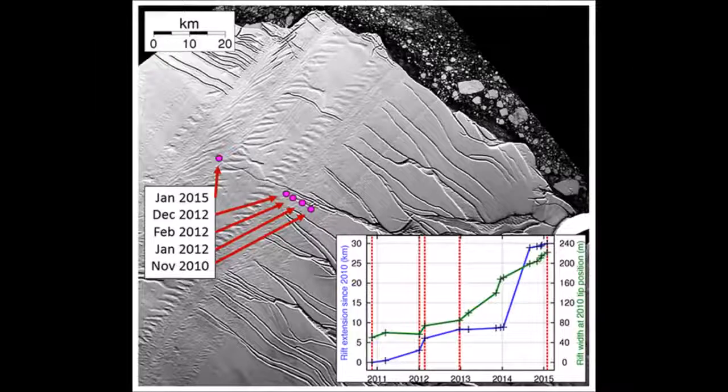If you can envision his words, then the massive crack that has recently been discovered will at some point in time reach the sea. And when it does, it will separate Larsen C from the rest of the